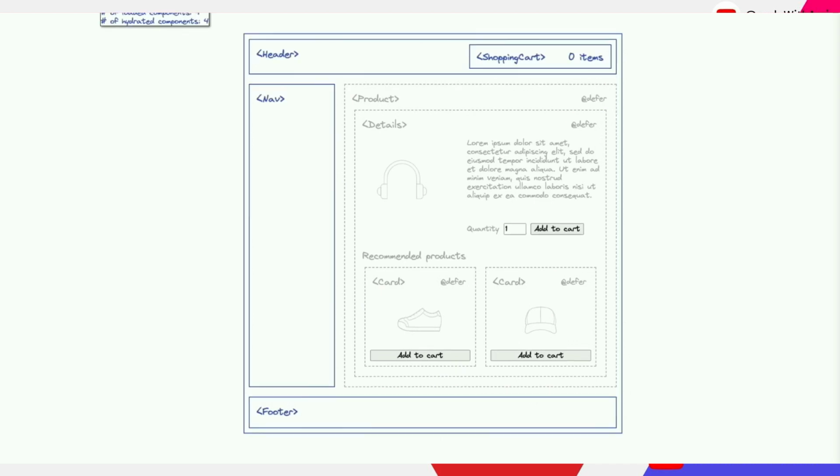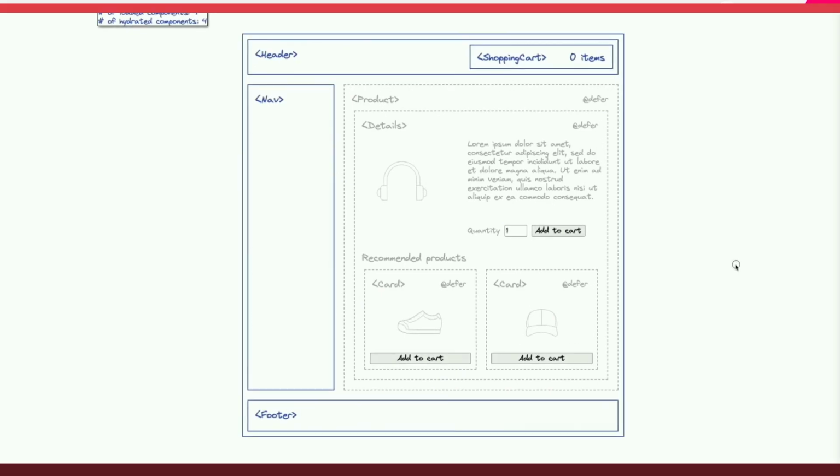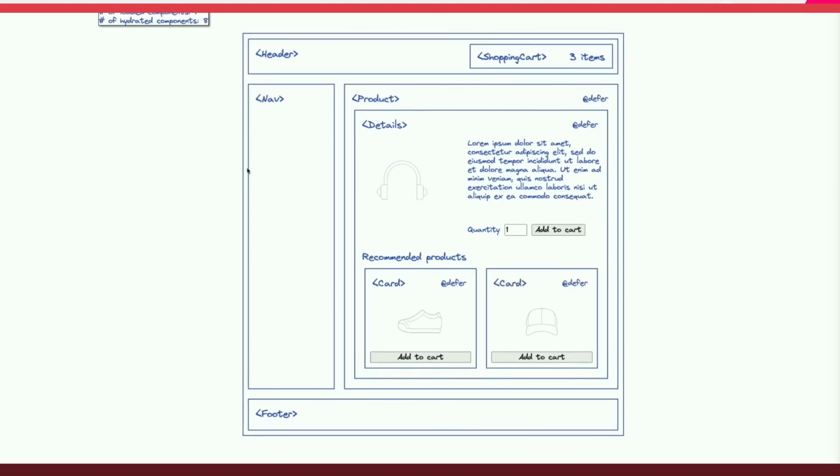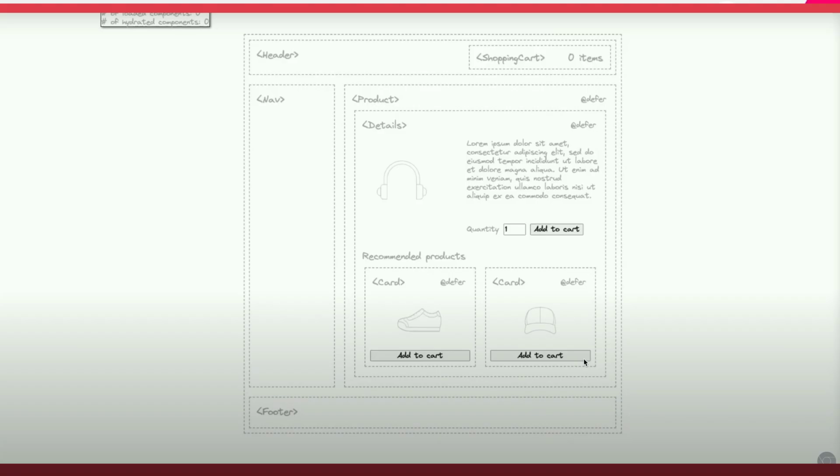So let us look into why event replay is useful. Here on your screen is a mock of a sample e-commerce website, and we added artificial loading delay to simulate a very slow network connection experience. Now imagine that while the page is loading and has not been hydrated yet, the user wants to add multiple headphones to their cart. If the page hasn't been hydrated yet and is not interactive at all,